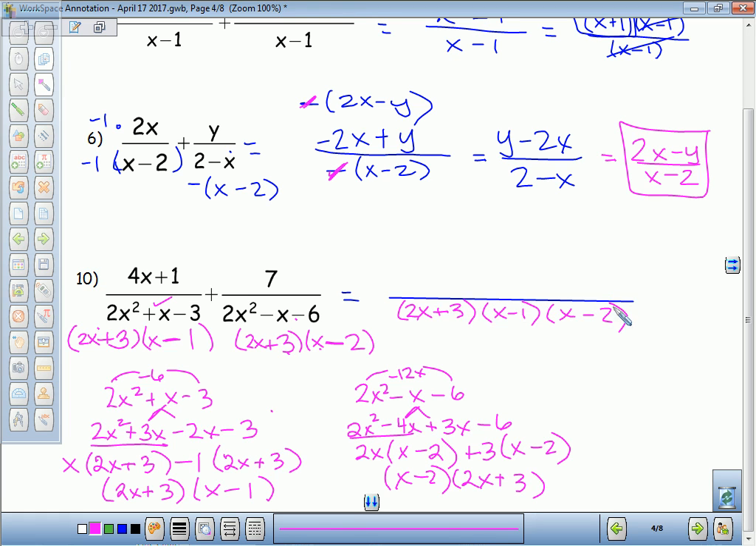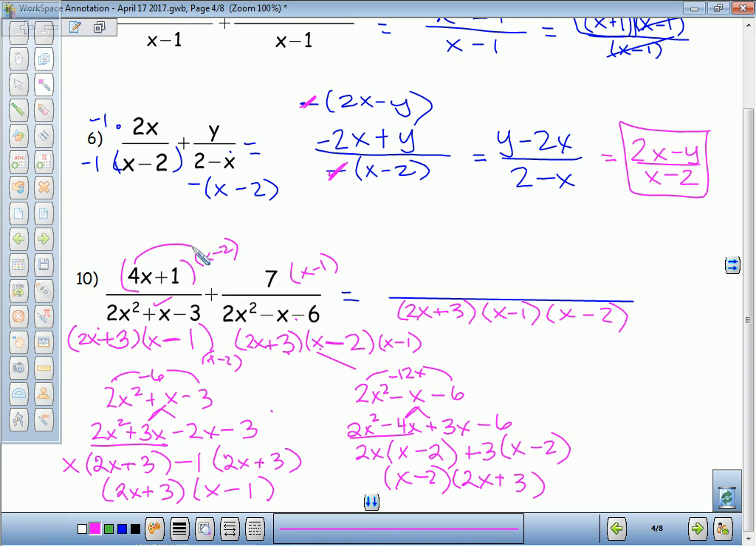Everything has to be accounted for in the common denominator. So both of those and both of those, and now they're all there. So this first one needed an x minus 2. And the second one is missing the x minus 1. And that's how we get the common denominator. So this gives us